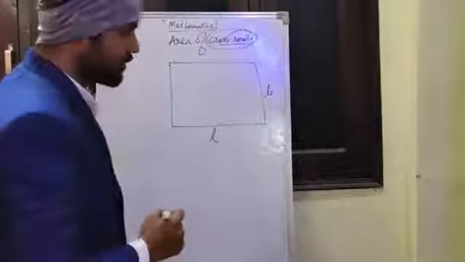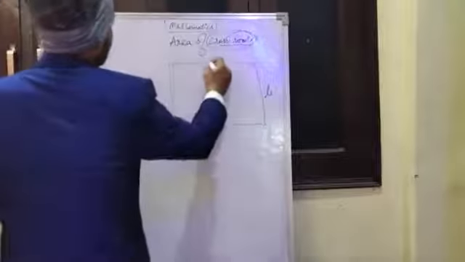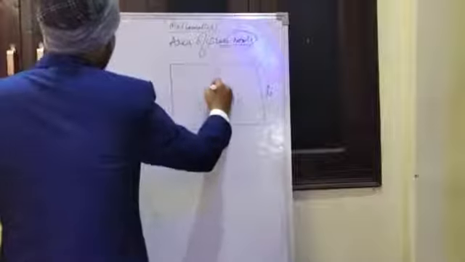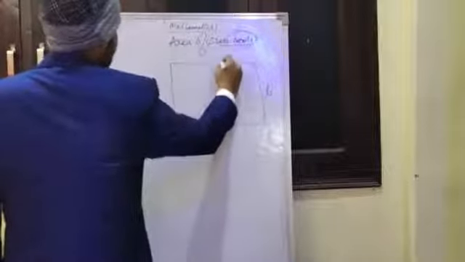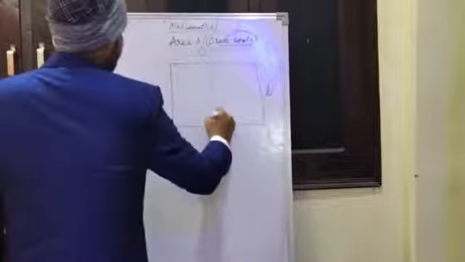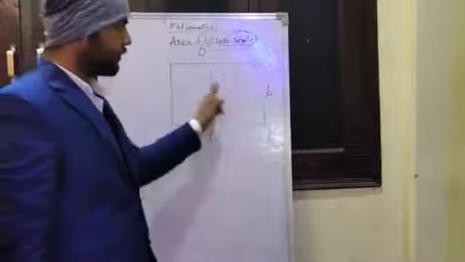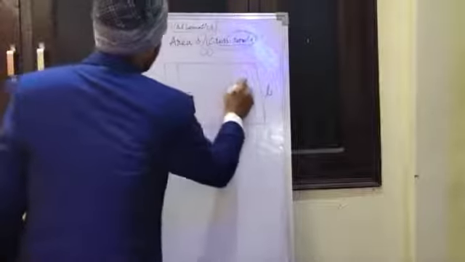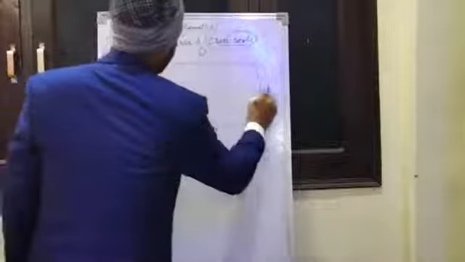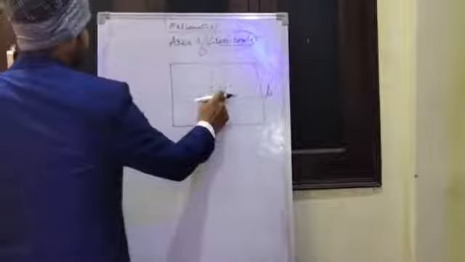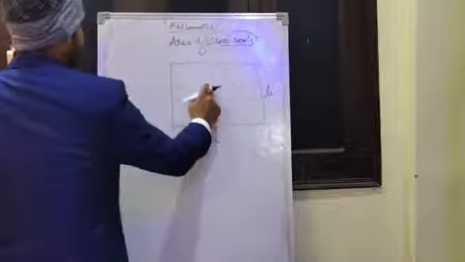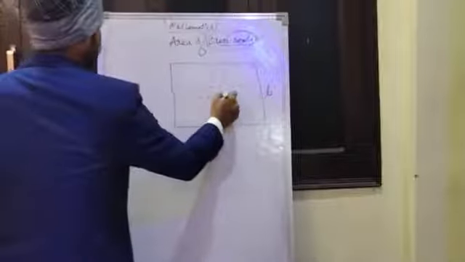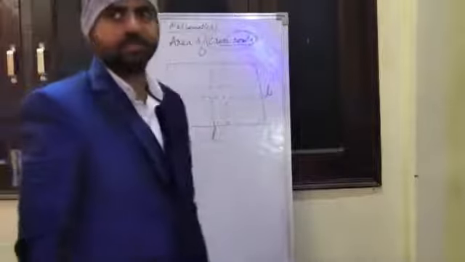Now crossroad means the road which is made passing through the middle part of the garden. The one road will be vertical, or you can say parallel to the breadth of the garden, and the second road is parallel to the length of the garden. So you can very easily see that these two roads are crossing each other.